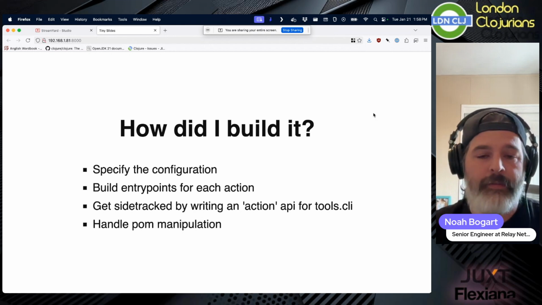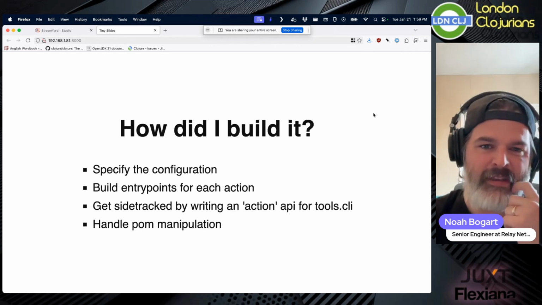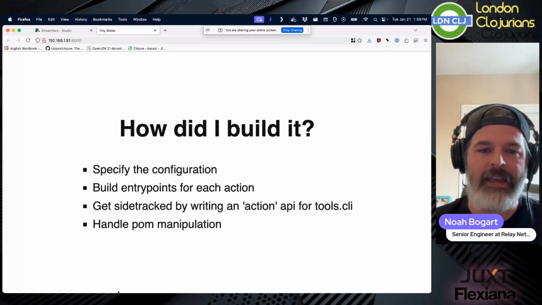And so then I ended up spending a month tooling around, poking at building a command action API for tools.cli that is sitting inside. It was fun. It was very silly. It's a fun way to spend some time. And then finally, I